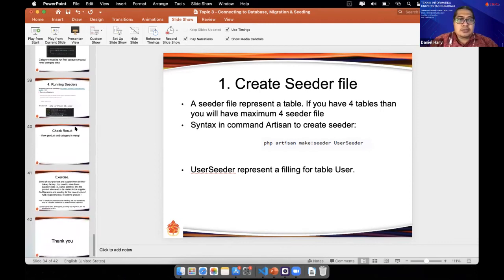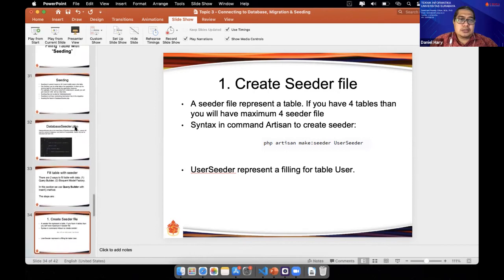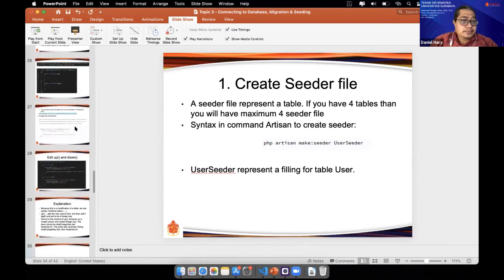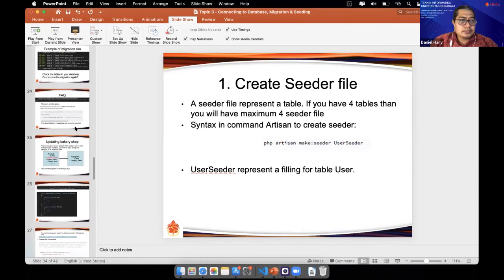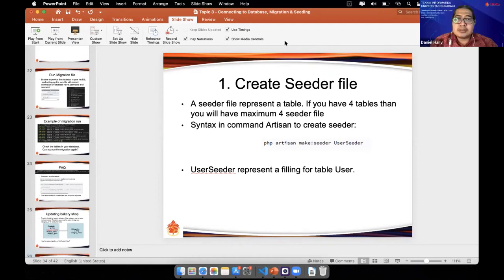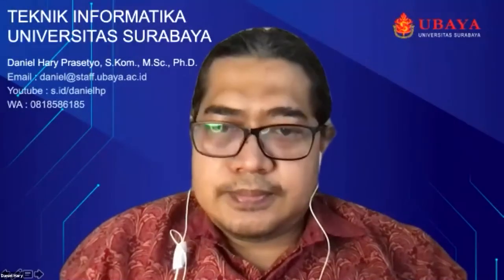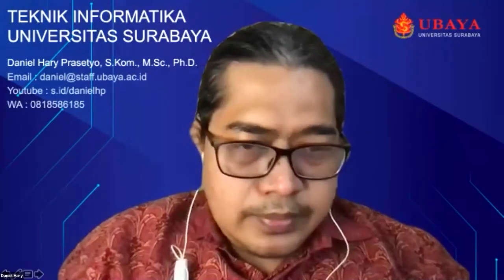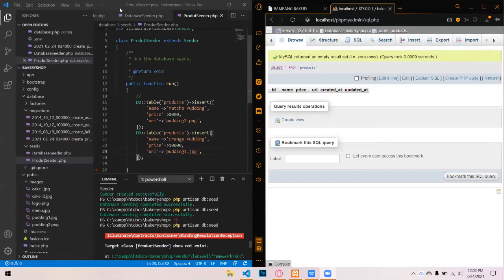Okay, any question before we go back to the category and create the relation? I cannot input the data to the database. I just got an error in here. Okay. See my screen. See it? Not yet.